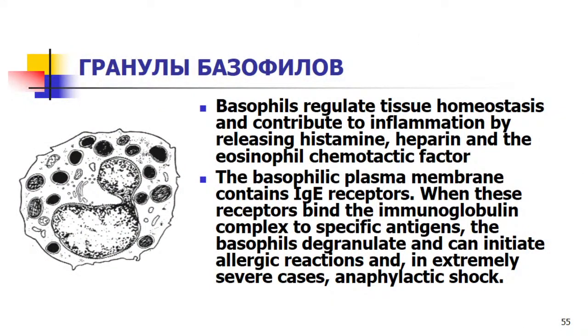Basophils regulate tissue homeostasis and contribute to inflammation by releasing histamine, heparin, and eosinophil chemotactic factor. The basophil plasma membrane contains immunoglobulin E receptors. When these receptors bind the immunoglobulin complex-specific antigen, the basophils degranulate and can activate the allergic reaction. An extremely serious case,